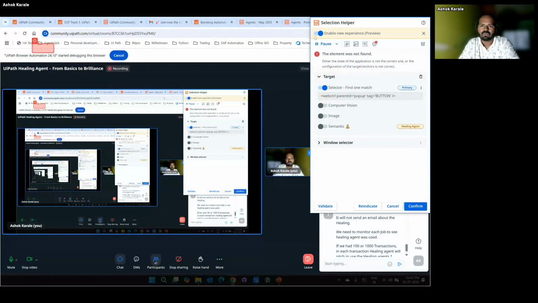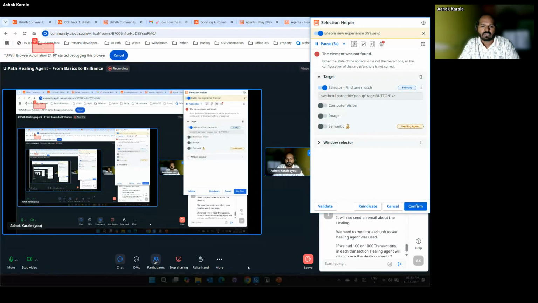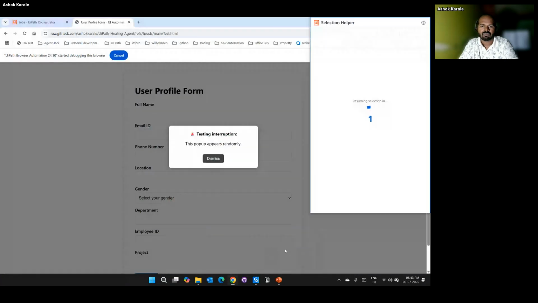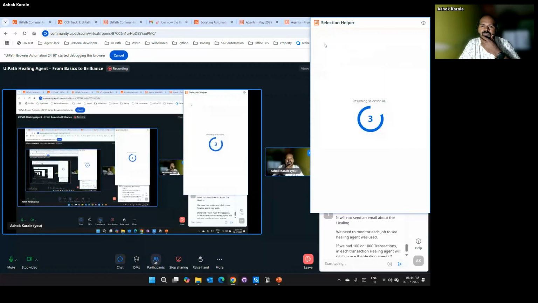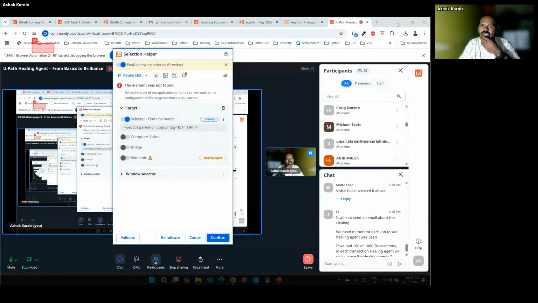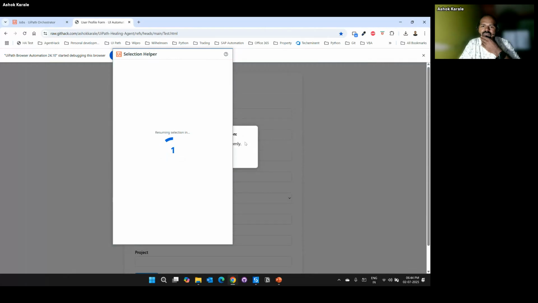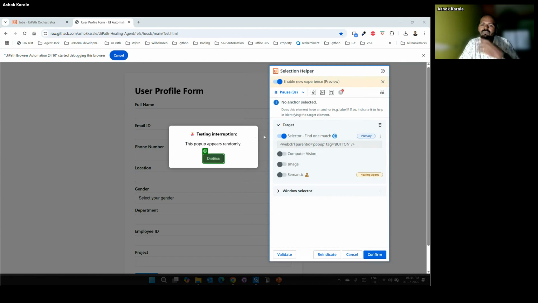Let me pause it for some seconds, okay, let's say 3 seconds, and okay, I missed that again. So let's go to this one. Okay, now it's trying to indicate this as a browser, but that is not right. Let me pause it again. Okay, now it's able to capture that. I haven't selected anything